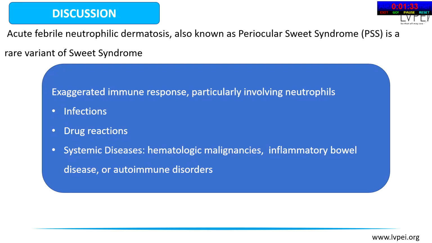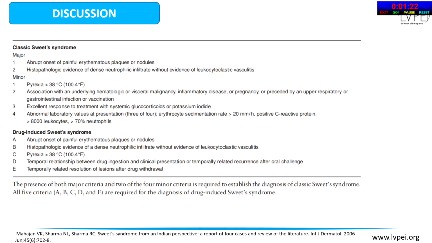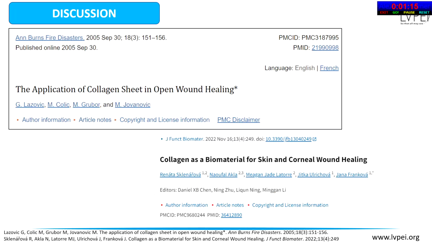It's a rare variant, and the immune response is basically getting exaggerated secondary to infection, drug reaction, and very importantly malignancies and autoimmune disorders like IBD. Classical Sweet syndrome generally presents with onset of painful erythematous plaques or nodules, and histopathological proof is needed. And as I mentioned before, the collagen sheet changes the surgical intervention and reduces the chance of a second surgery, because it works as a biomaterial, helping provide an environment with more healthy granulation tissue and recruitment of more fibroblasts